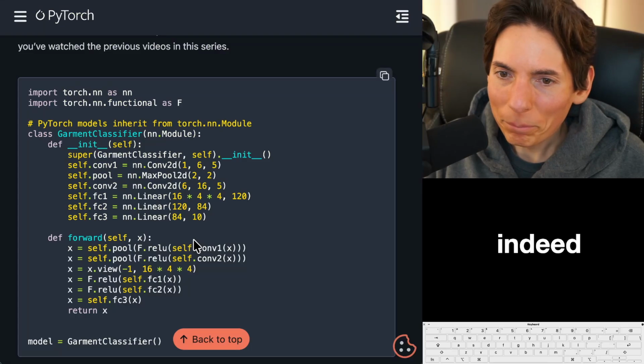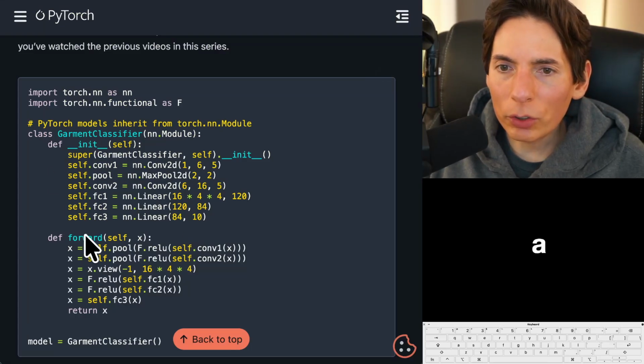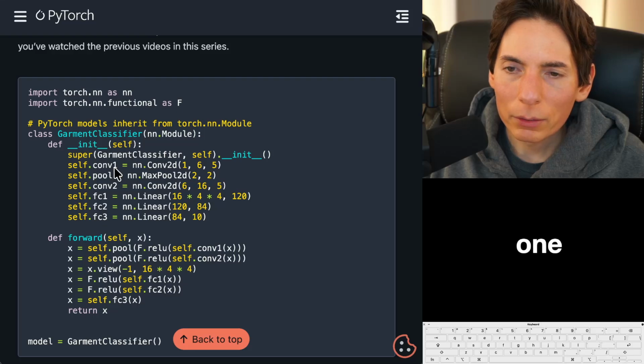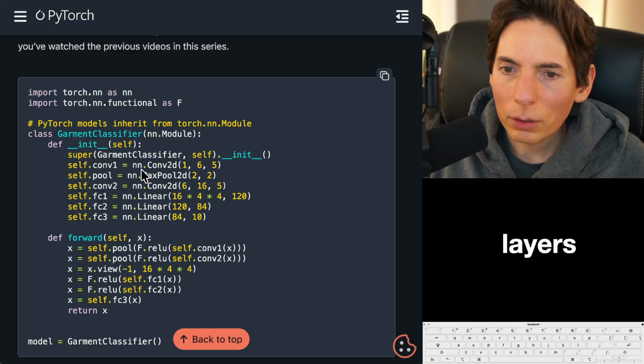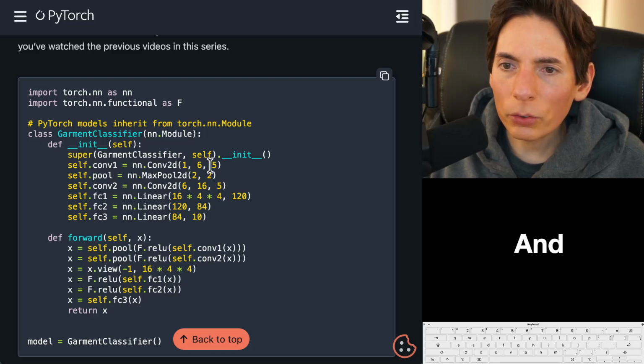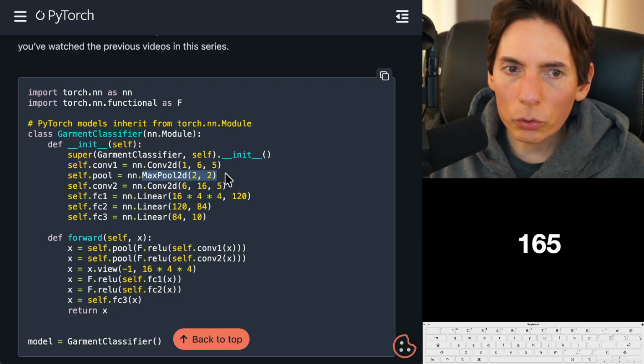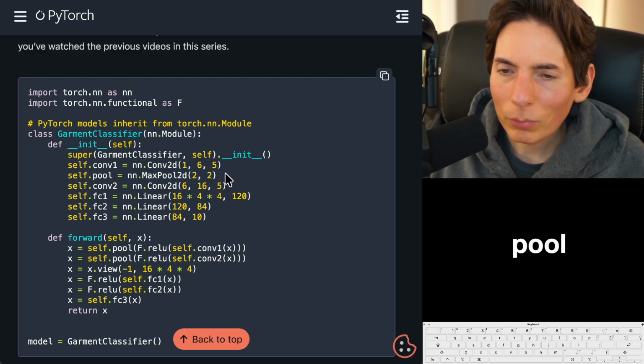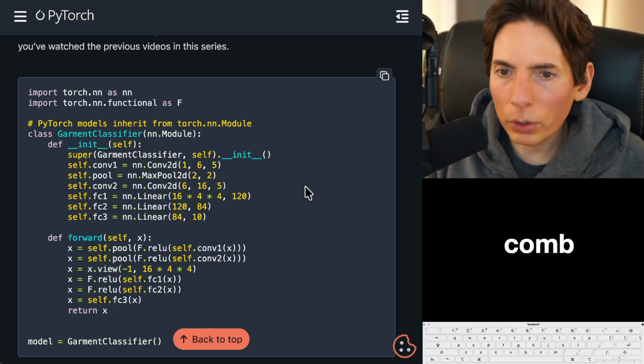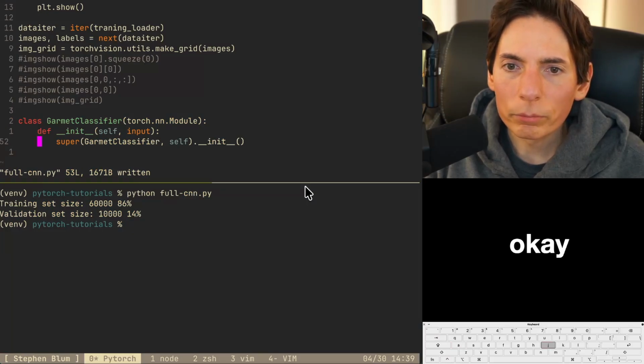Yes, indeed. All right, so we're going to do a simple ConvNet, 1, 2, and then some linear layers. And 16, 2x2 pool. And then, so 6 filters, kernel size 5, 16 filters, kernel size 5. So let's do conv1, conv2. Okay. So we're going to say